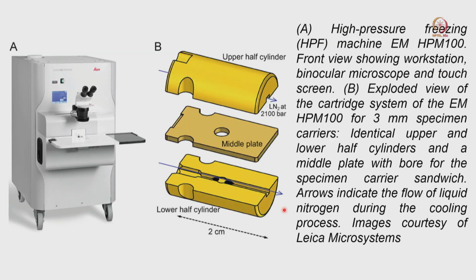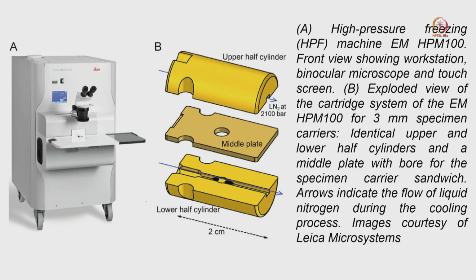Okay, how is it working? This is the major instrument where you have a binocular, and a touch screen where you can control many parameters. You can insert the liquid nitrogen dewar through this one. I am going to show you a little bit more about that when I get to that part, with a small video from Leica where you can see how we insert the sample.